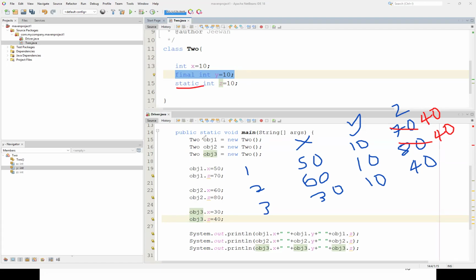Now, object 1 has its own copy of variable x. Object 2 has its own copy of variable x. Object 3 has its own copy of variable x. That's why object 1, 2, 3 have three different sets of values. But when it comes to variable z,